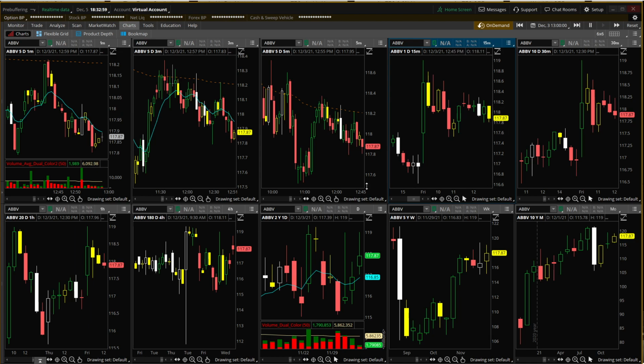You could go twice, as you can see here, sometimes even 3 and sometimes even 4 inside bars in a row on a 1-hour or a 4-hour or a 30-minute, and so on. But it's not going to continue to be a 1 forever. It's going to break out to one side or the other eventually. Okay, and so you can spot those reversals earlier on a 15-minute time frame,